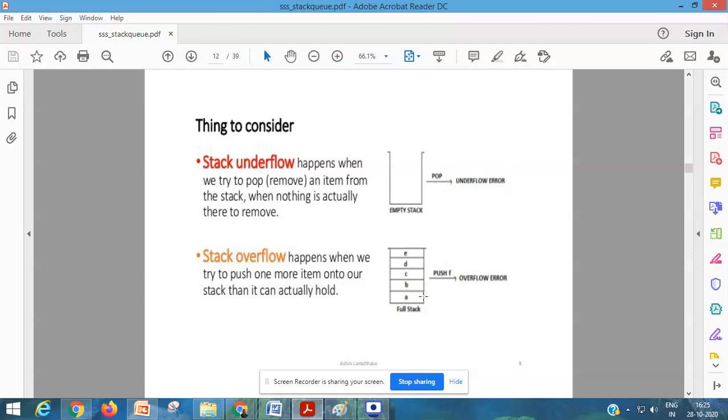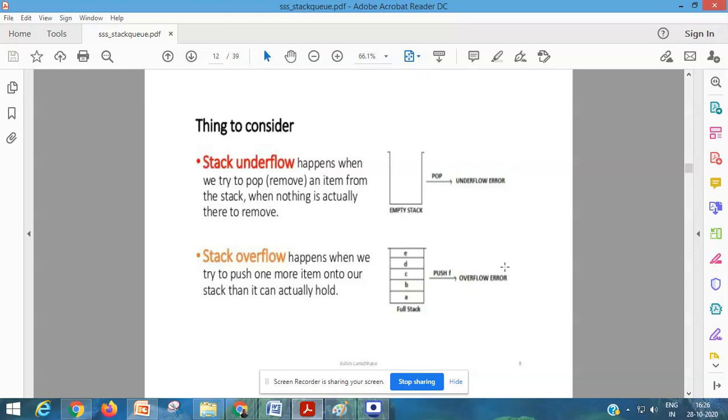And if your stack contains all elements, and if you say push element, then an overflow error will occur. So at the time of performing operations on stack, you have to keep these two conditions in mind, that is stack overflow and underflow.